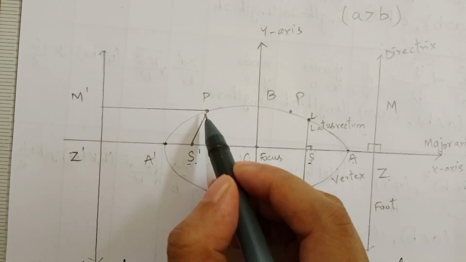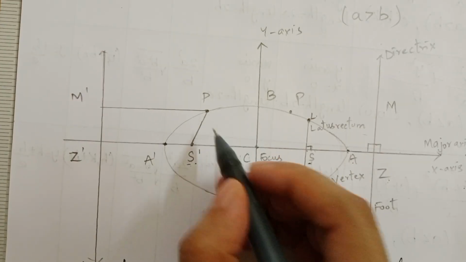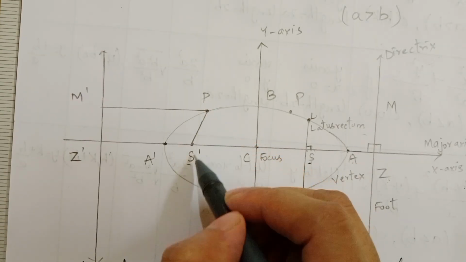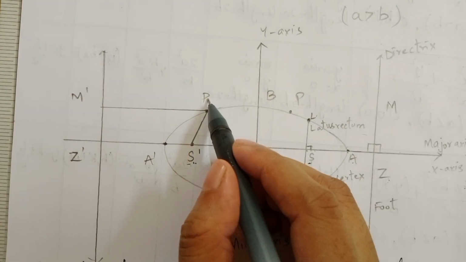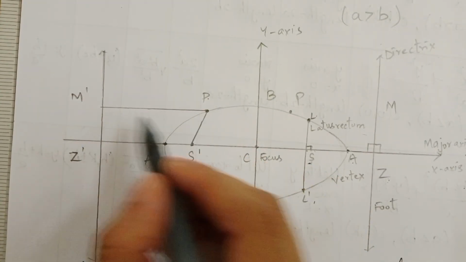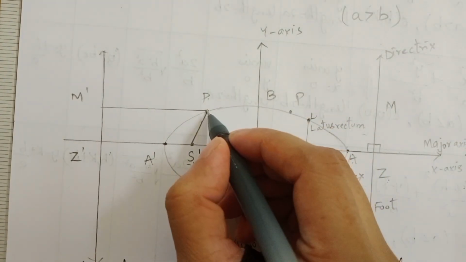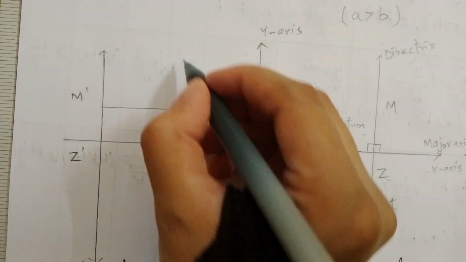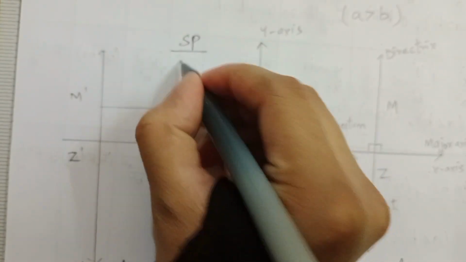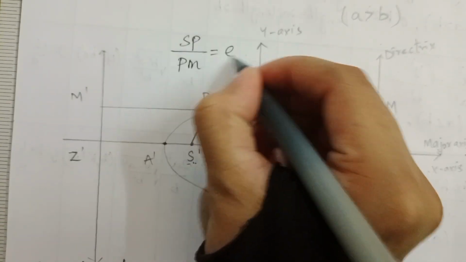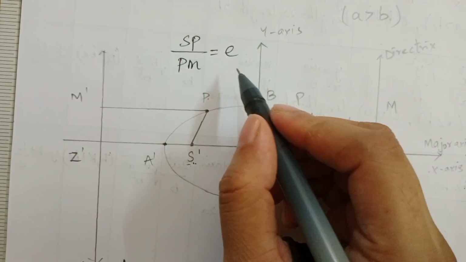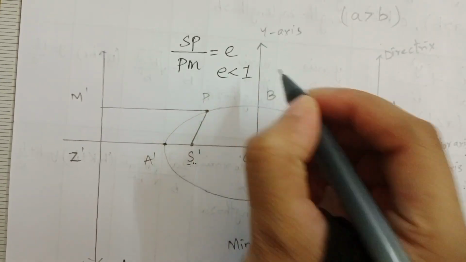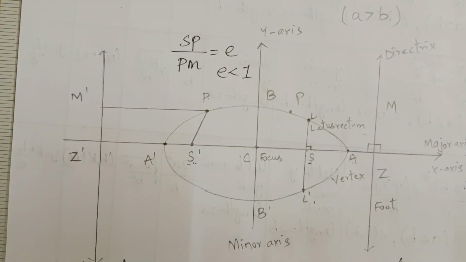Eccentricity is nothing but, suppose there is a point P on an ellipse, and the distance SP. S is the focus, a fixed point inside the ellipse. So the distance SP and the perpendicular distance PM, their ratio is always constant wherever the point is on the ellipse. So SP by PM always remains constant, and that is given by the eccentricity e. To form an ellipse, the eccentricity should always be less than 1. Only then can an ellipse be formed.